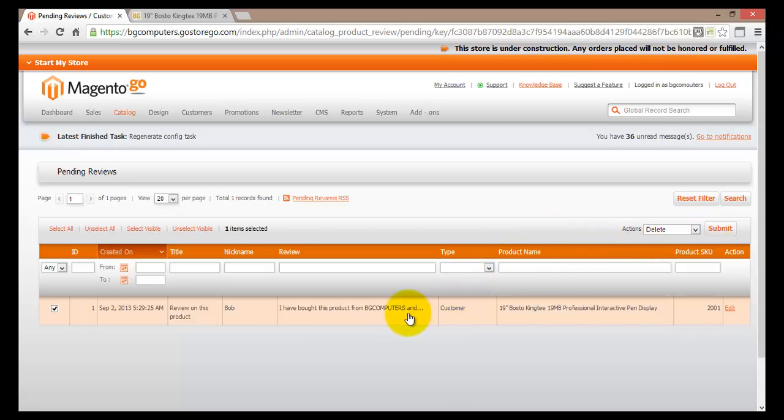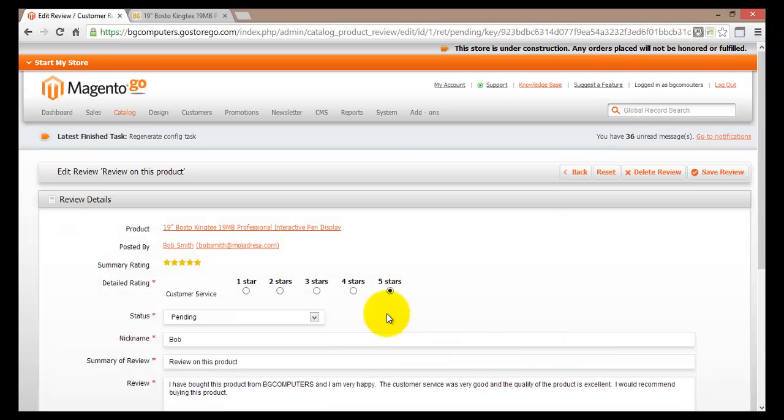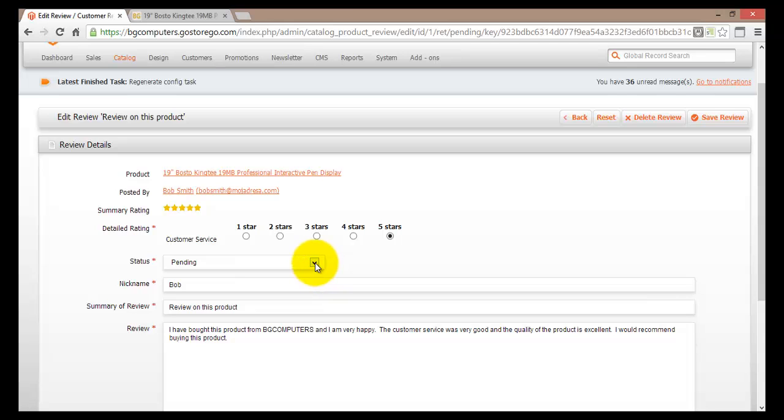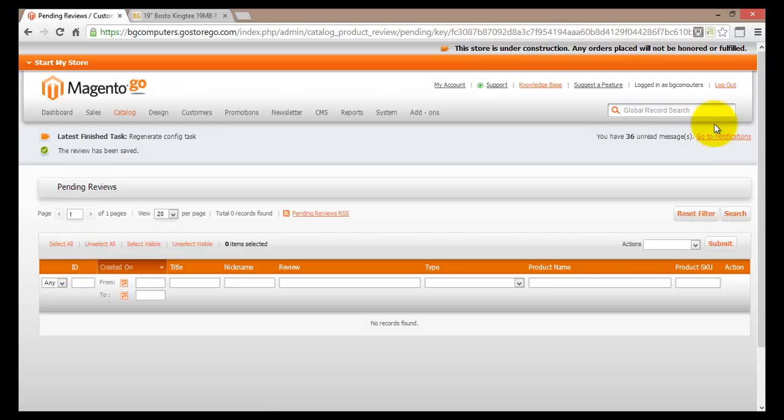What I'll do is go back into this review, and instead of having its status as pending, I will approve this. And once I have selected approve, I can go and save review. Now make sure that you do not click on delete review, which is the button right next to it. You click on save review. Alright, so once the review has been saved, it's no longer pending, and therefore it will not be displayed in